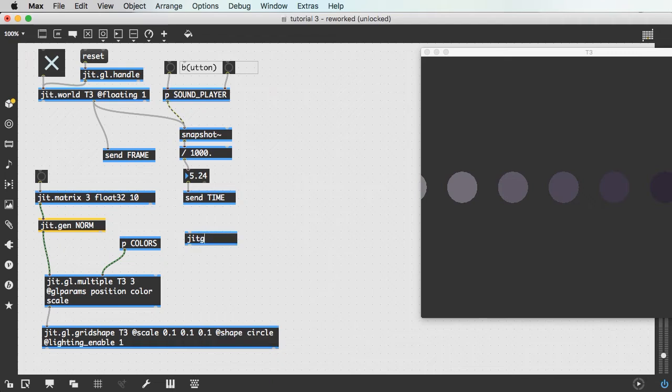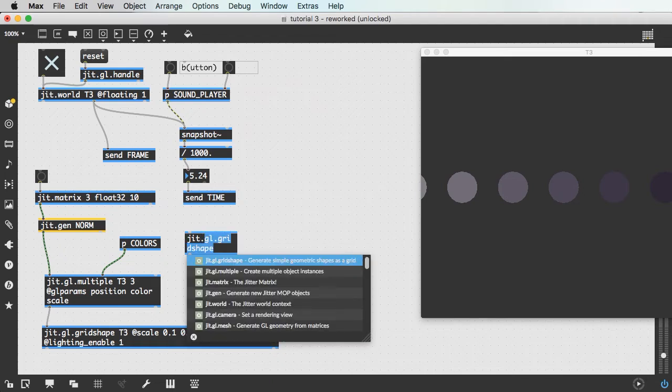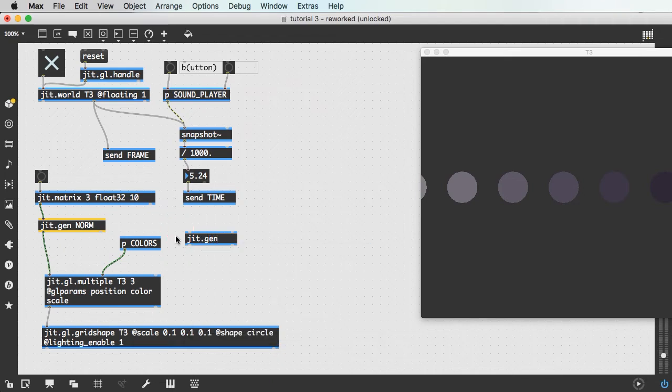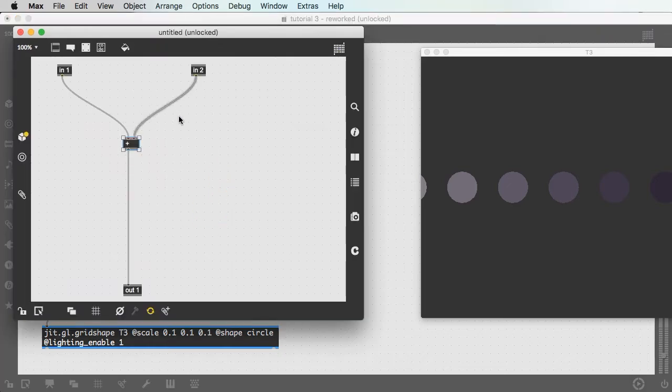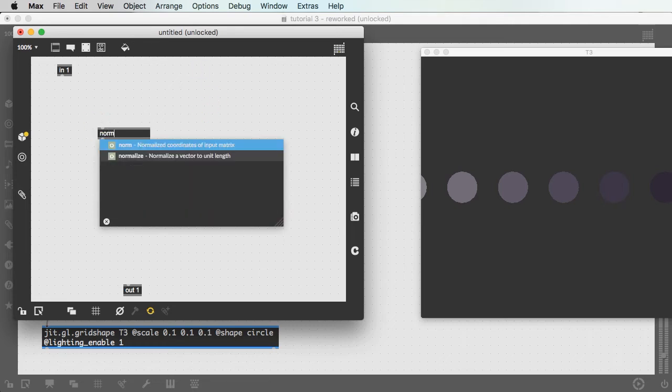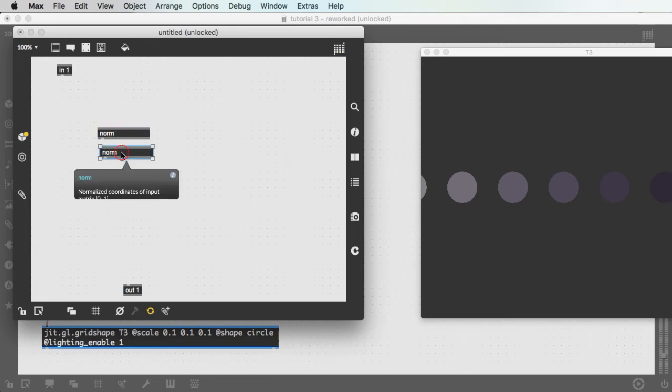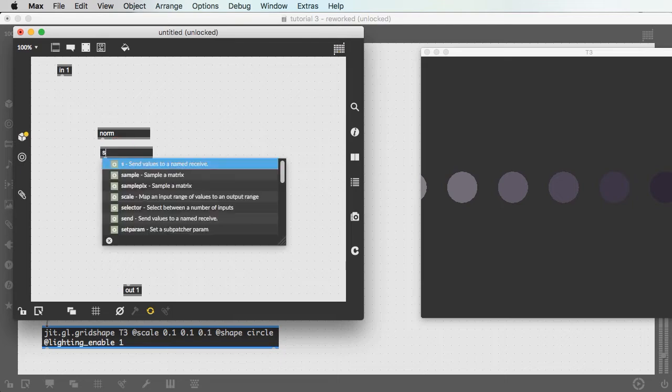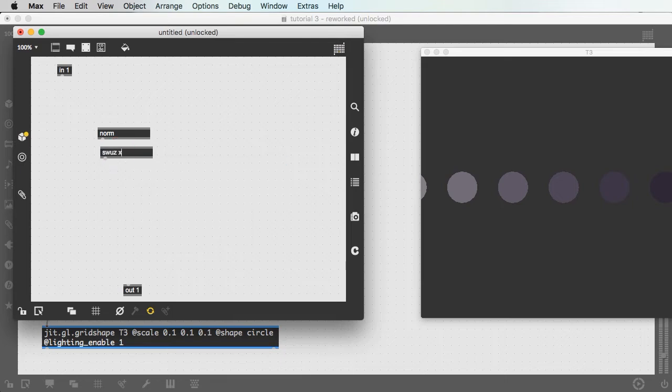Just try a simple transformation on the scale to see if we can get it to stretch. We can give it the same matrix that we're working with, feed it into the scale inlet, and why don't we take the normalized coordinates, we'll pull out the x coordinate, swiz x,